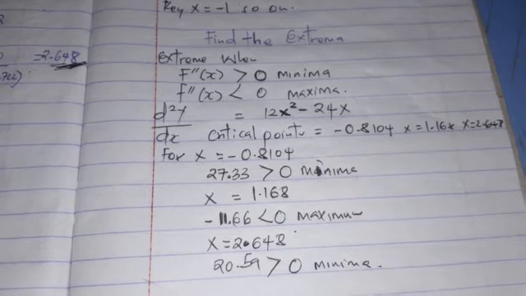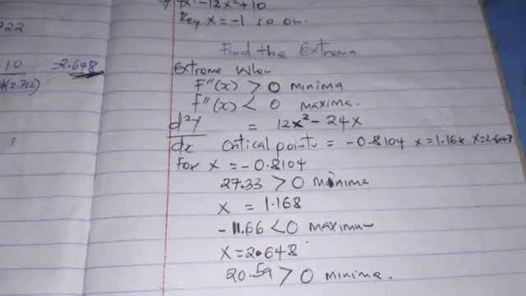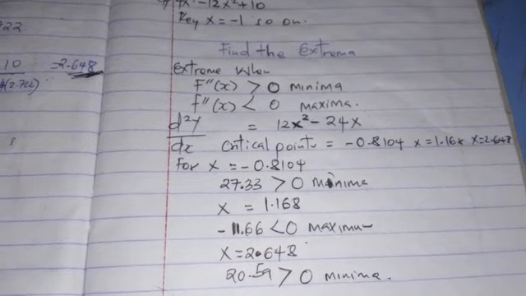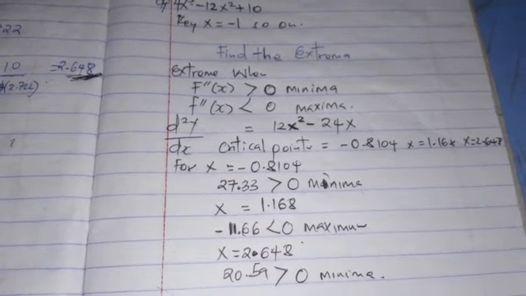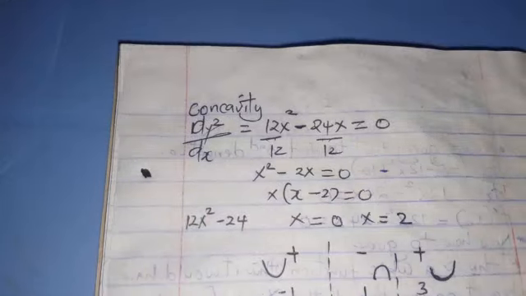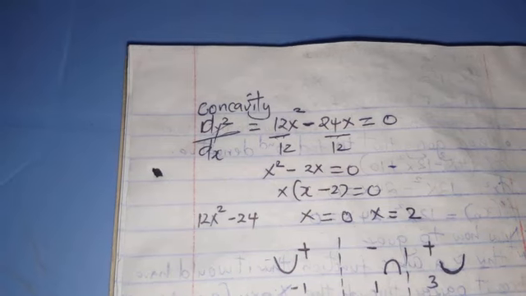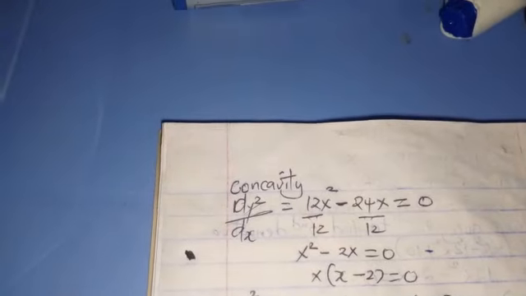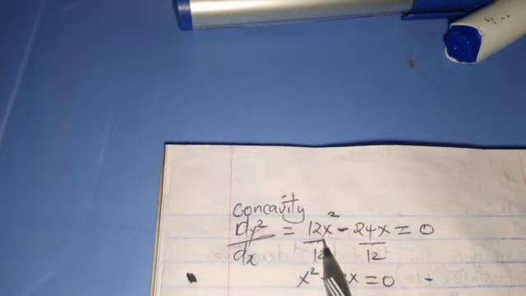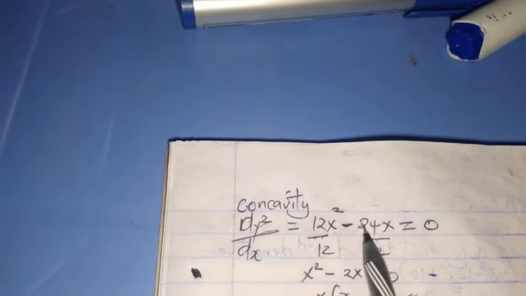Now we are going to find the possible points of inflection, and the possible points of inflection are gotten from the derivative of the second derivative. And also the second derivative, when you have found this, the possible points of inflection are going to give us a concavity. So the second derivative is this one, 12x minus 24, which is gotten from the first derivative, that was 4x raised to power 3